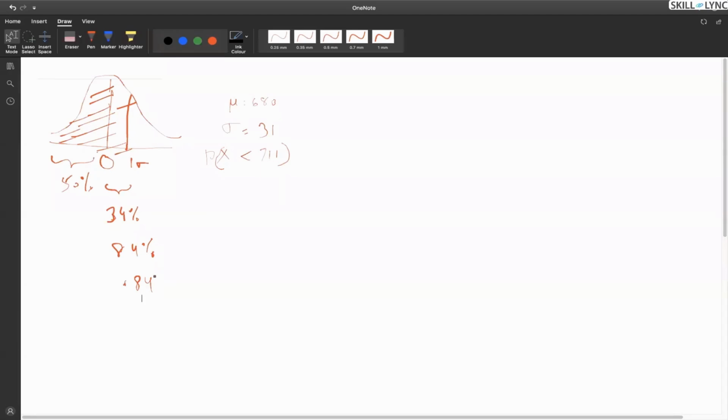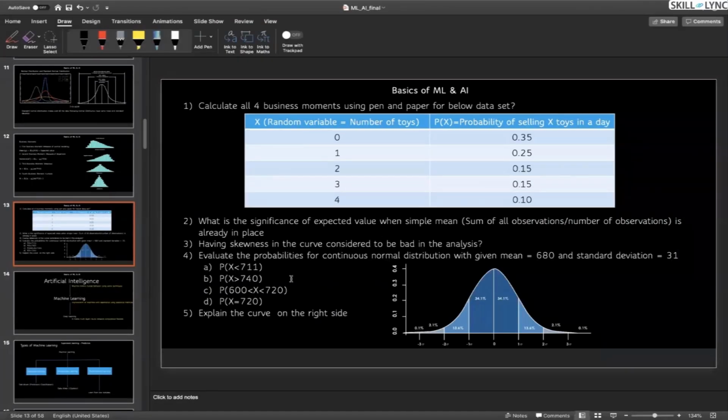It's pretty simple in this case because your x value was in excess of the mean by exactly one standard deviation, but that doesn't happen every day. So this was a simple problem. Now x greater than 740: you have to identify where 740 will lie, calculate the z value with respect to 740, and then calculate the probability depending on the new z score. The probability you get will always be on the left side, lesser than. So once you get that probability, just do 1 minus that probability, and you will get the answer for B, the probability of x greater than 740.